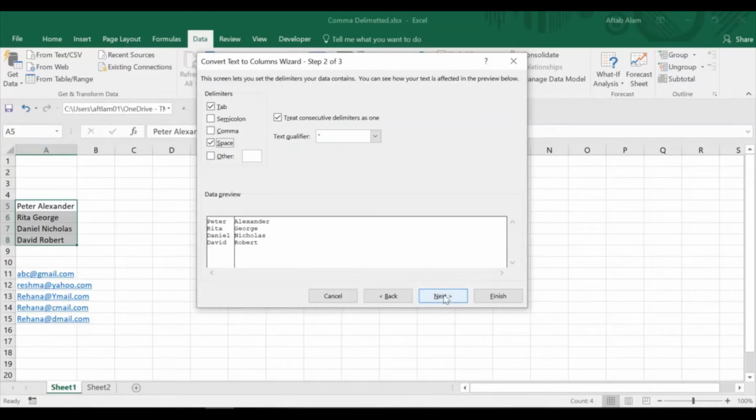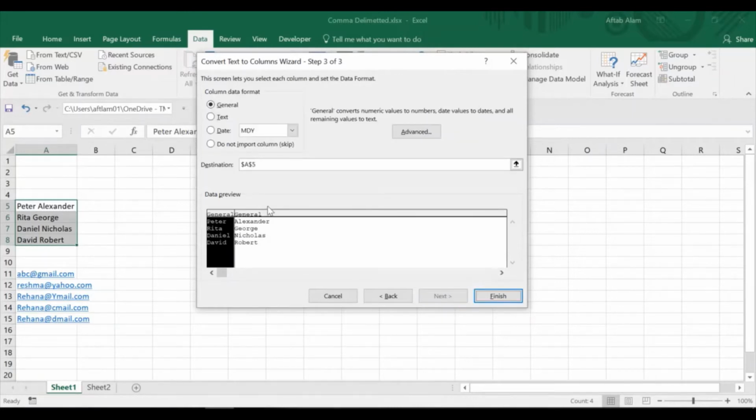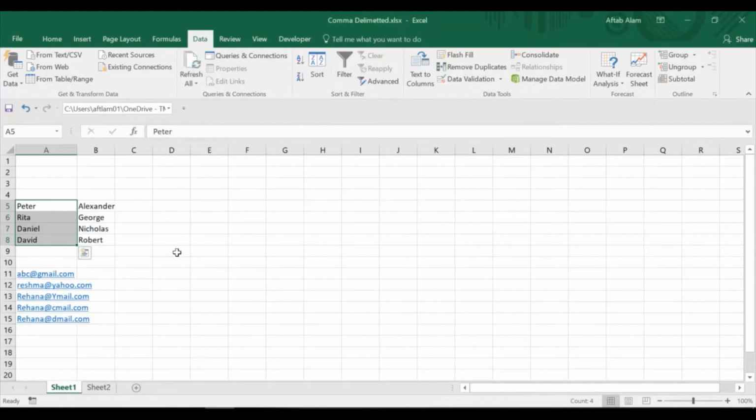Now we will click on the Next button. Here is the destination, where you want the result. By default cell A5 is selected. So now we will click on Next, then Finish. Now you can see Peter, Alexander, Rita, George, as per our requirement we have the result. But I'm doing Control Z, undo here,